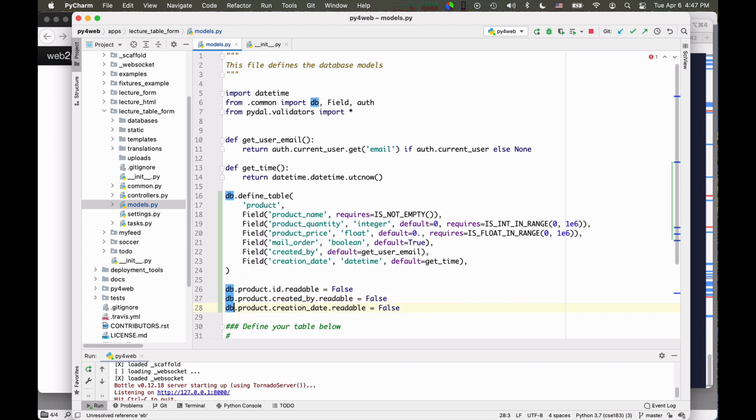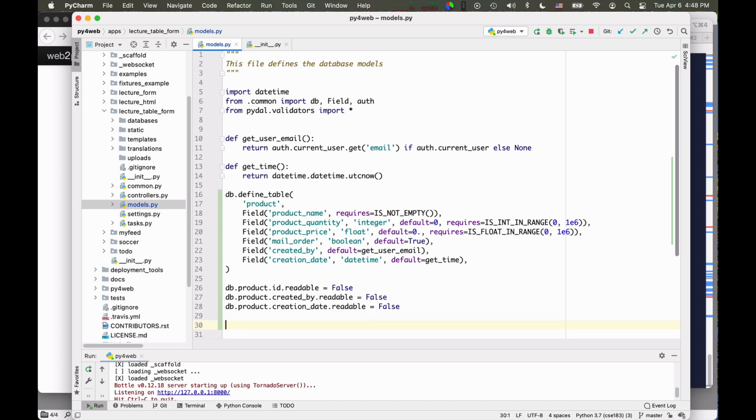You can also change the presented names. Py4Web is able to produce for you input and output forms, so you can give nicknames to these fields. If you don't like to call the quantity product quantity, you could say db product quantity label, and you can say how we would like to call it.